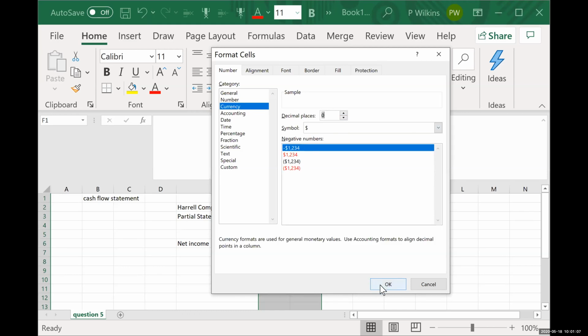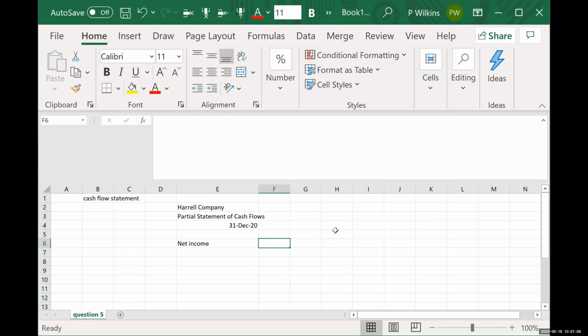So $320,000 is our net income. Okay, the next line is a long title, and the title is